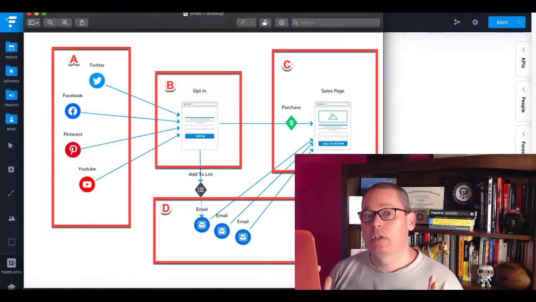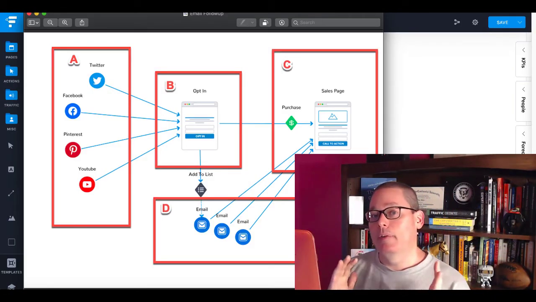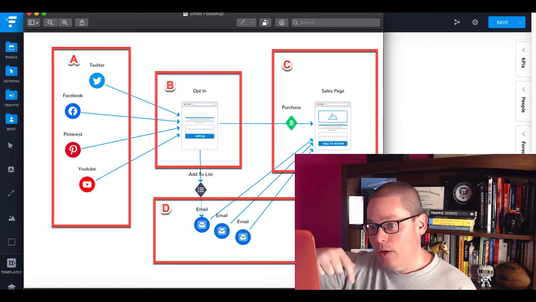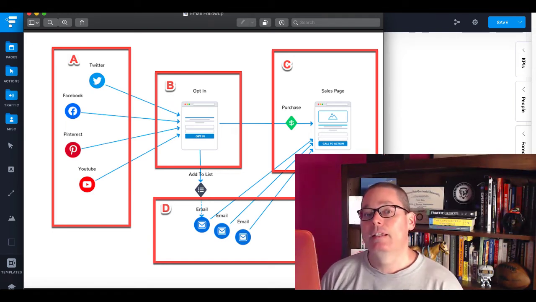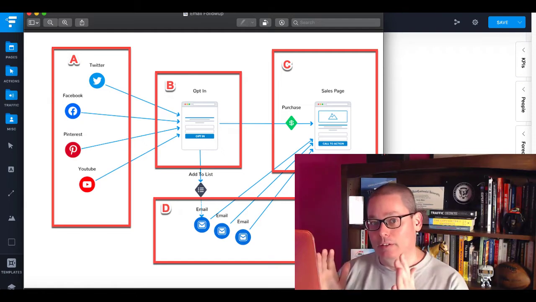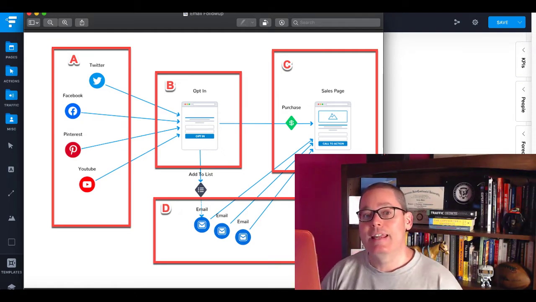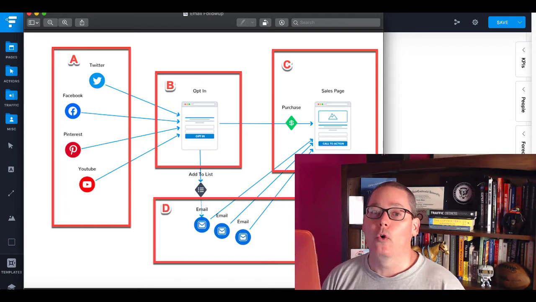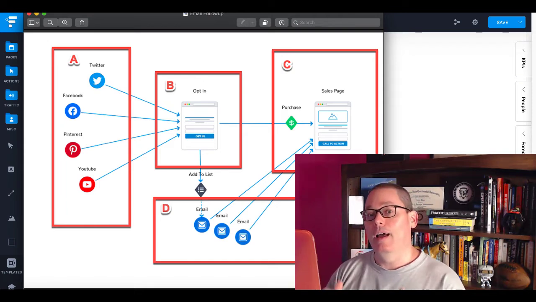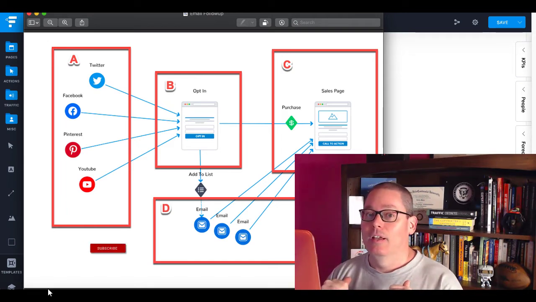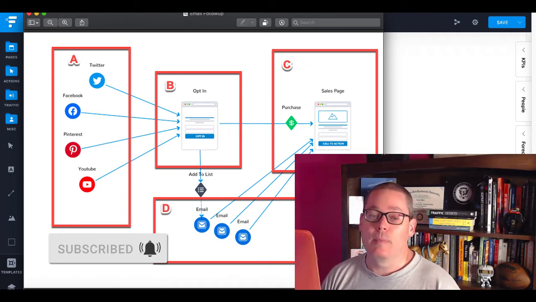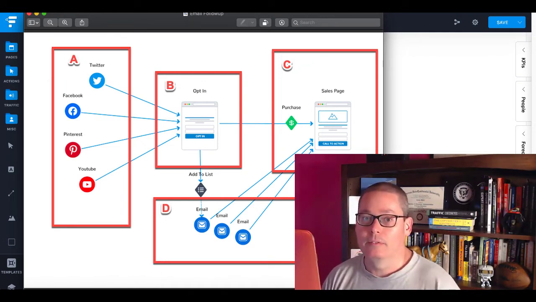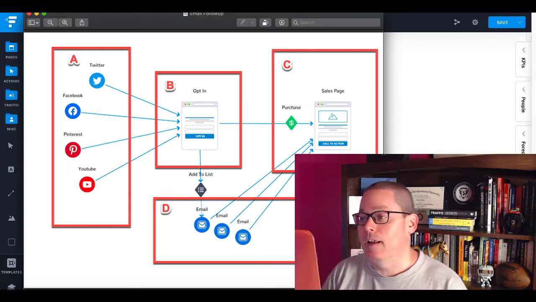So here's the picture, and as you can see, I've broken it up very easily for you to answer in the comments below. A, B, C, or D, tell me where you think the money is in this funnel. Just simply put an A, B, C, or D in the comments below, and then we'll move right along. And I'll give you what I think the answer is and show you exactly how to start making money online with email marketing. So let's get this A, B, C, and D out of the way real quick,